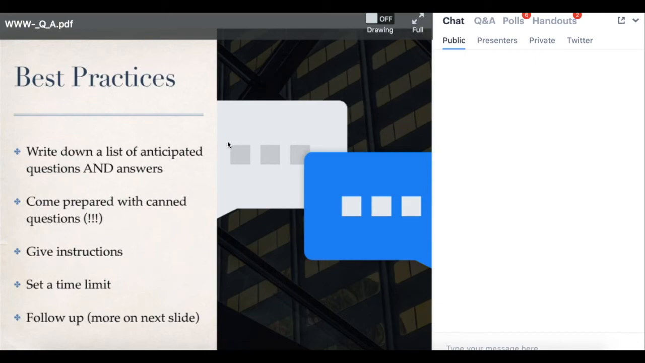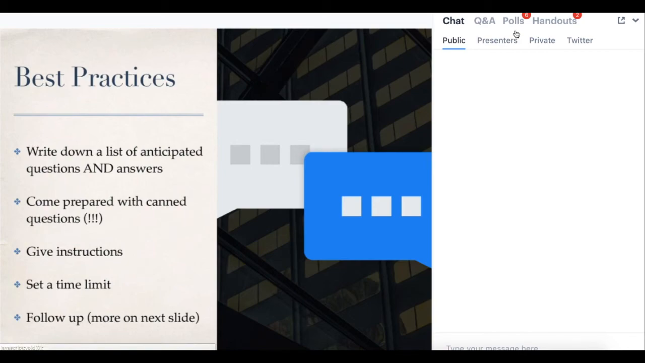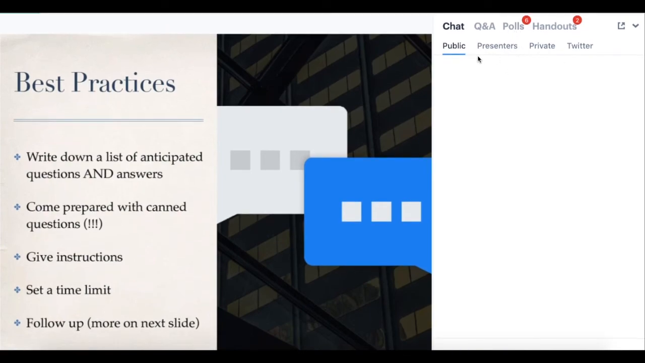So that could mean a slideshow, it could mean a video, so YouTube or MP4 videos, it could mean screen sharing, it could also mean your webcam sharing if you're sharing a webcam, or any combination of those. All of that content will appear on the screen here on the left-hand side. Your audience will also have access to this chat panel here, and depending on the settings that you've chosen, will be able to interact with the public chat, the Q&A, polls, and handouts that you choose to share during your